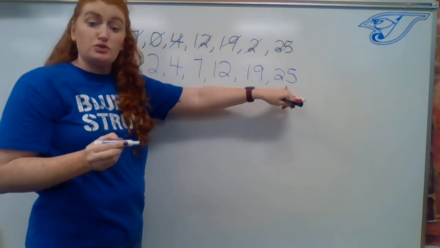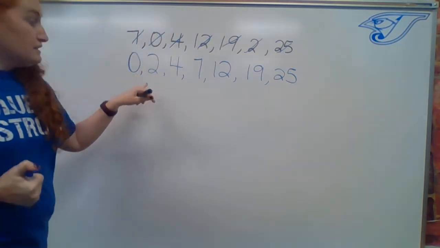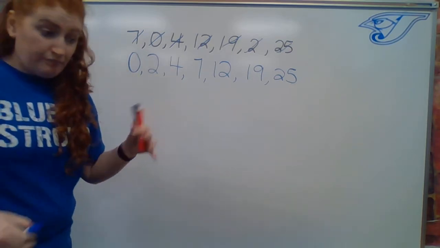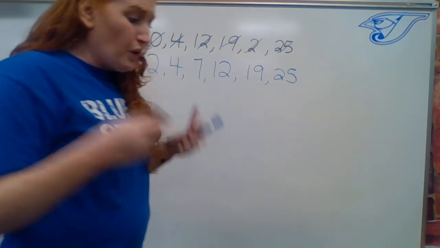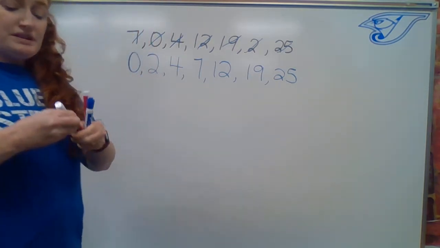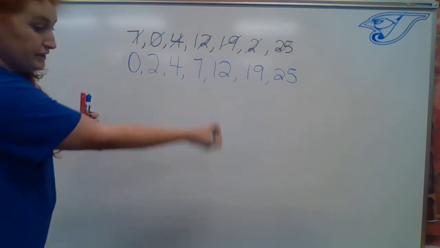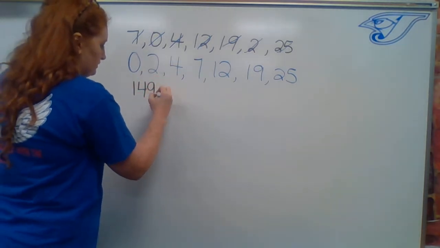We typically will separate our numbers in a list with a comma, but that kind of depends on what your instructions are. Our numbers will start to get larger. So we're going to have another example. We're going to order 149,